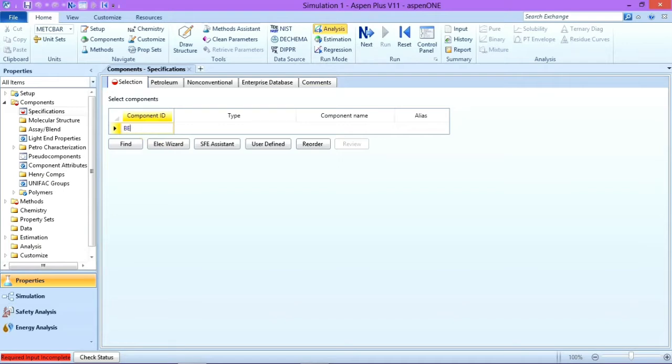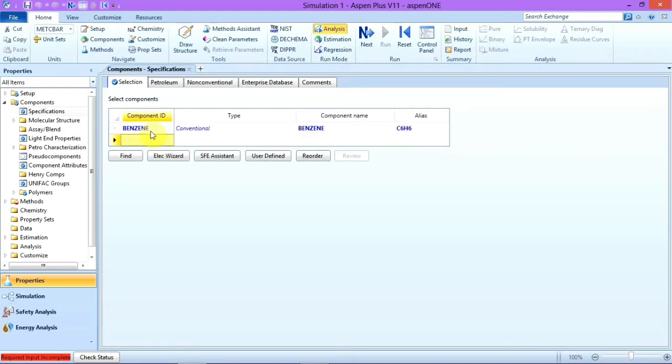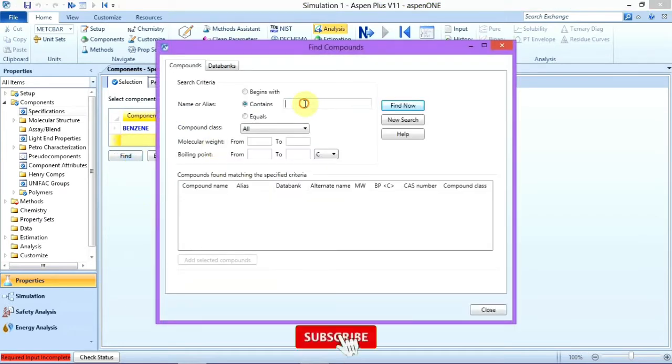So here directly type benzene. Aspen will automatically detect that benzene is C6H6, because this is how Aspen works. If you are unable to find benzene here, you can click on Find, then click Search for benzene.